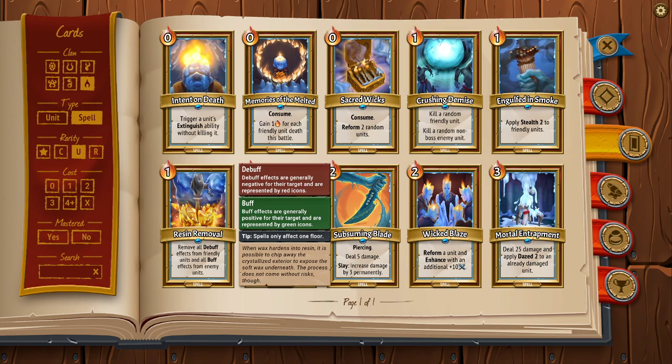Now where this comes in very helpful is in trials. If you take spike trials, or spell shield trials, Resin Removal can be your friend. You can dispel a whole floor's worth of spikes. You can dispel a whole floor's worth of spell shields and then use some damaging spells on them. It also helps with some other buffs that appear, like the damage shield on one of Daedalus's bombs, and the spell shield on one of Fel's